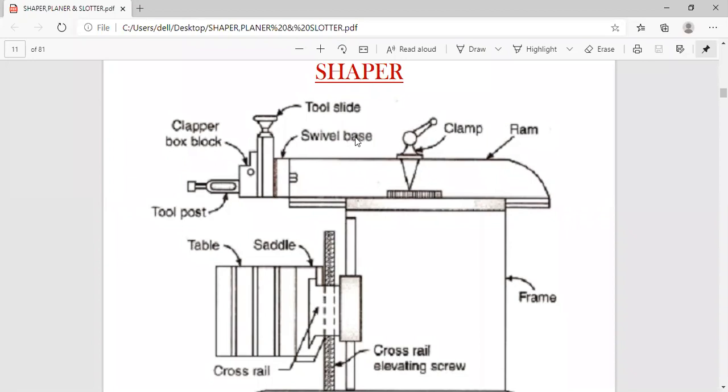That's why I told you the swivel base is there. It can be swiveled at any angle, just like the taper turning methods in the lathe. We have angular degrees at the swivel base, where whatever angle you have calculated, some 1 degree 47 minutes or 43 minutes, you can swivel for inclined jobs. So that is the thing we have to discuss.